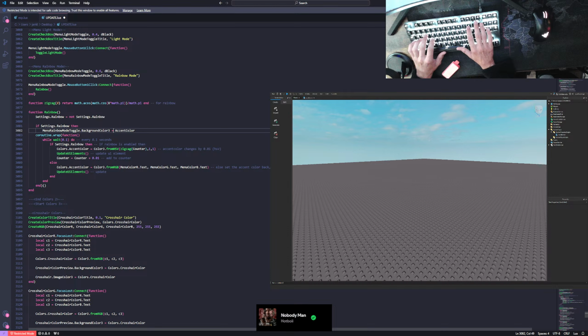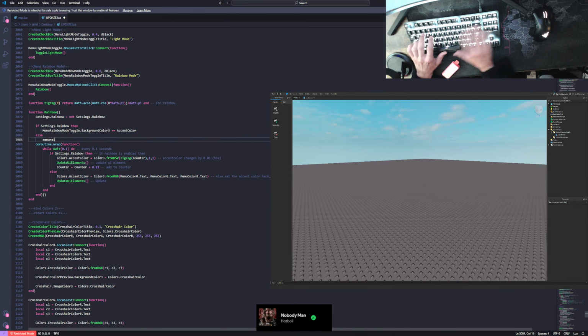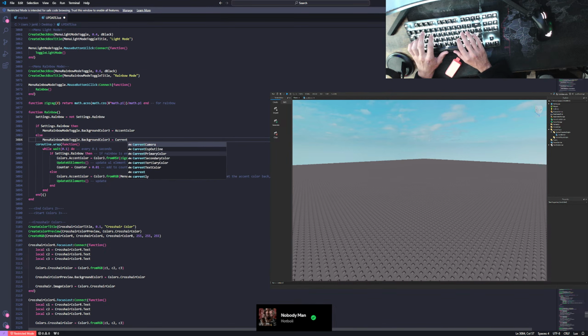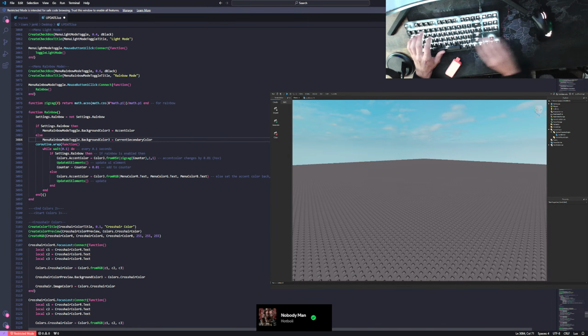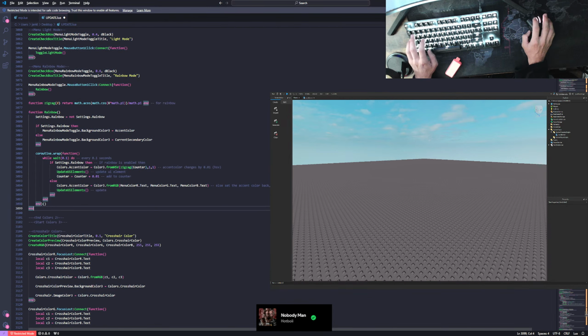Do I have to do 2 equals? I don't remember. Else. What the fuck? No, I don't. No, I don't. Why am I thinking that? Secondary color end. Let me do it like that. And then